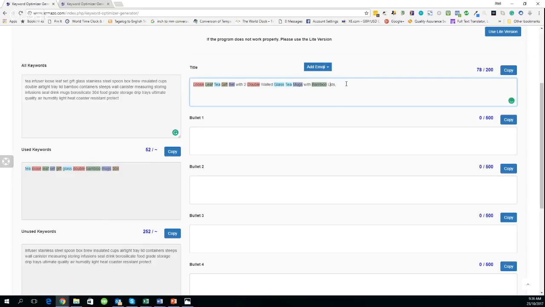But you can see now, the beauty of this is, don't worry about the color coding. It's just random colors. What it's showing me is I'm already using some of the words here. And I've also got a few words in here that I haven't got in my keywords, like walled, double walled. Now if I put that up into the top here, walled as one of my keywords,